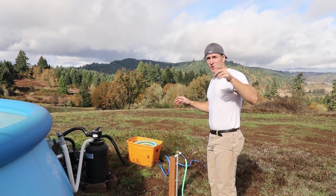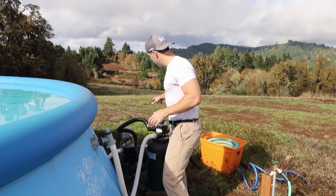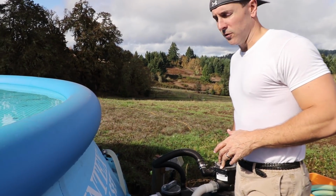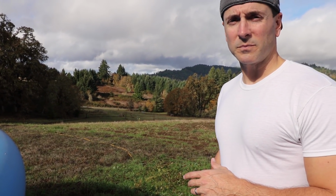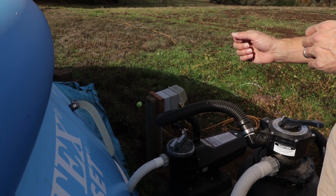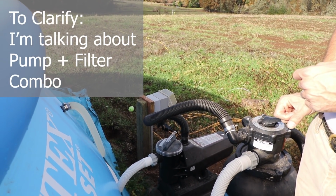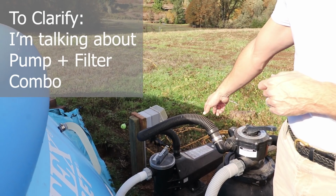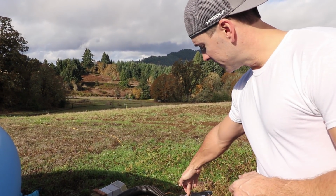All right, so we just pulled the canopy off this, and I want to show you the top of this pump here, because if you're going to get a sand filter, you can get a less expensive sand filter that's, I don't know, you can get into them for maybe $250, right around maybe $300 for the filter. Your pump's going to be different powers, and here's the biggest thing that I learned is that this is a,